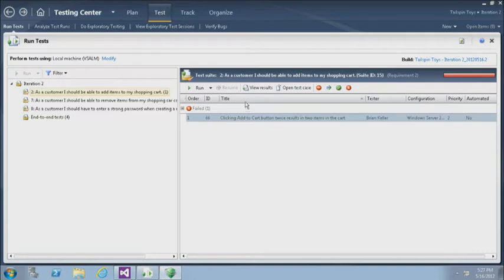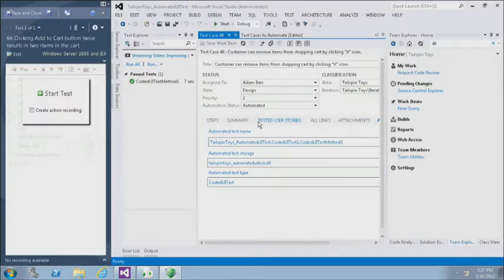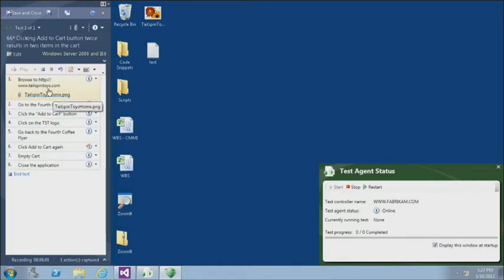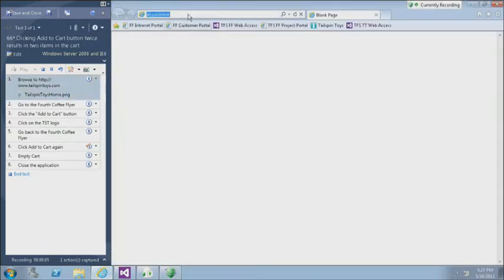Let's go to the test session, right-click, run this test. When we run it, it pops us up and we can create an action recording. Very important to create an action recording if we're going to use fast forward for manual testing. Start the test and it says browse to Tailspin Toys. I'm going to open up IE. I'm going to go to